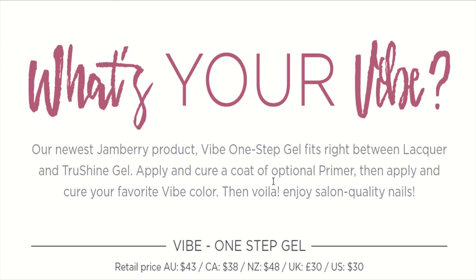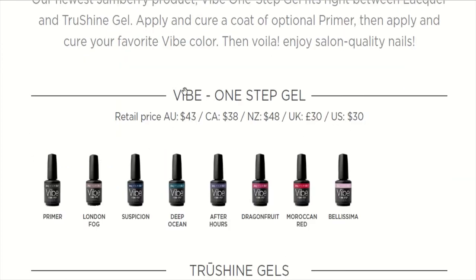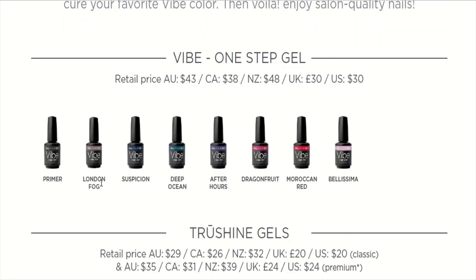So there's 2 different options. You have the one-step gel that we call Vibe. So you can see that here. And there's not a ton of colors. You know, we're building on that. The primer is optional, so you don't have to have it. You can just use the gel right there. That's why we call it a one-step. It's got the base coat, the primer, the top coat, the color, everything all in one. This is what I have right now, this London Fog, kind of taupey grayish color,